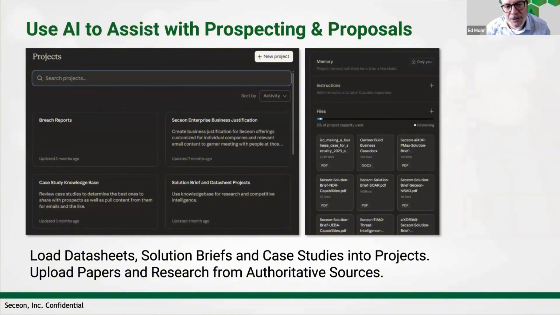So if I'm talking with an end user in the healthcare space, I might load all of our healthcare use cases and solution briefs into one of these projects, and then have it research authoritative sources on the web and correlate that with what's in this project in order to have more focused content that's going to be more relevant for them.